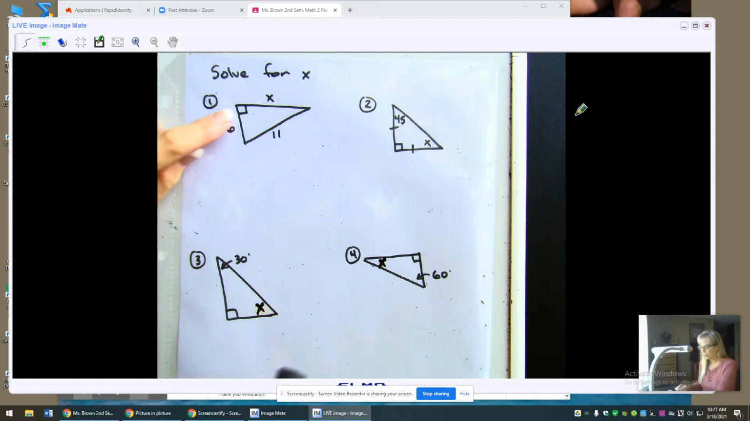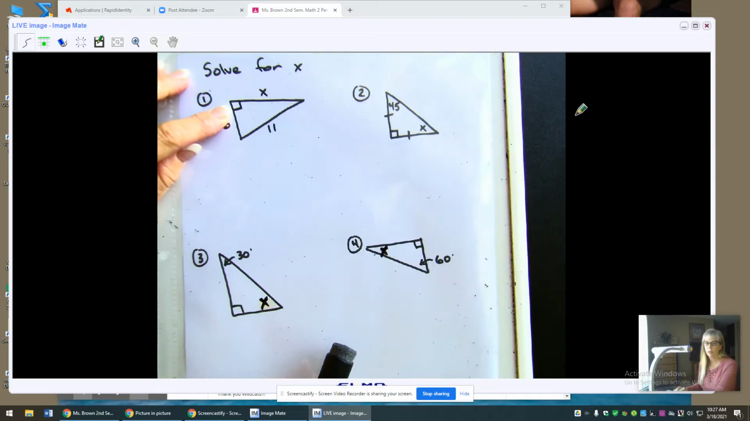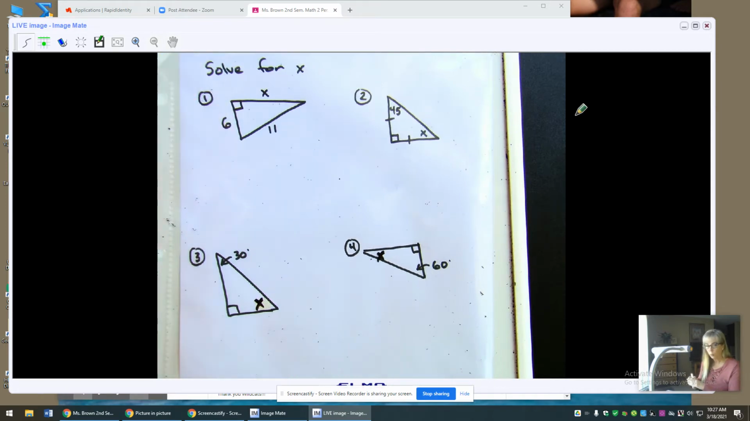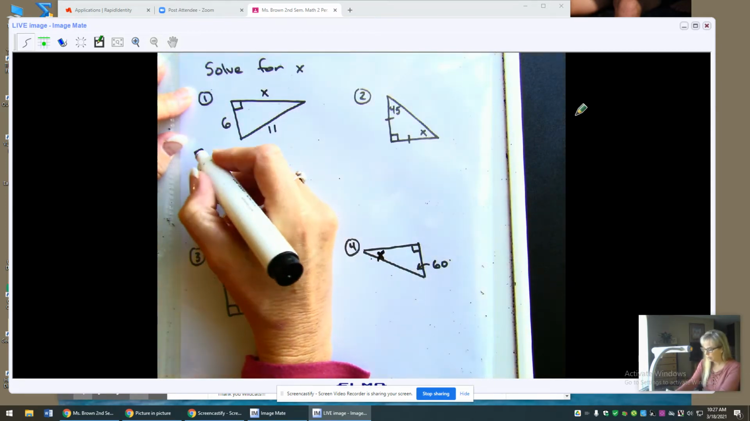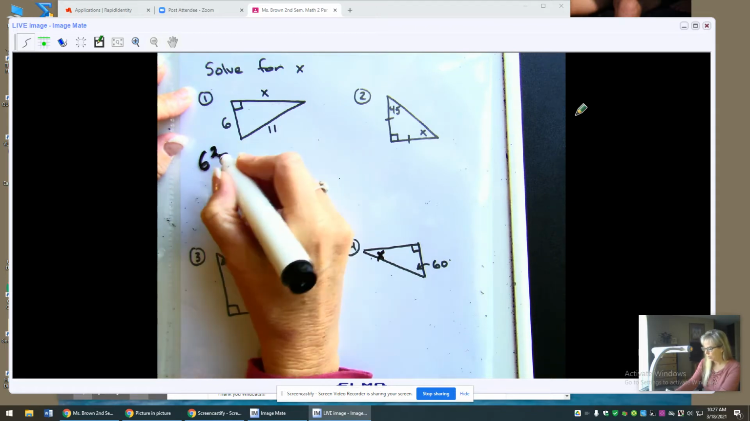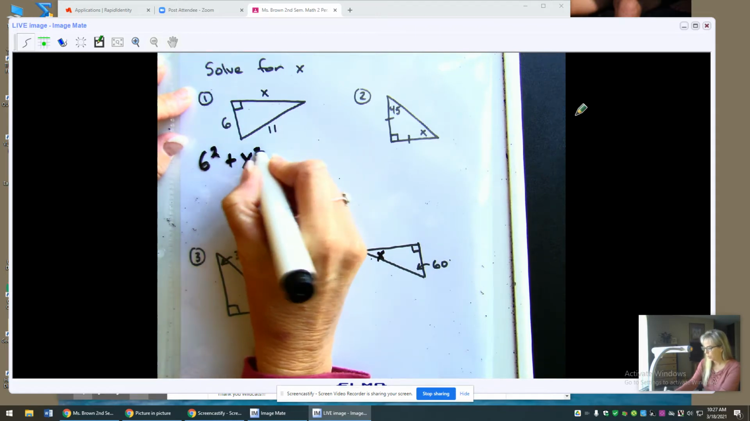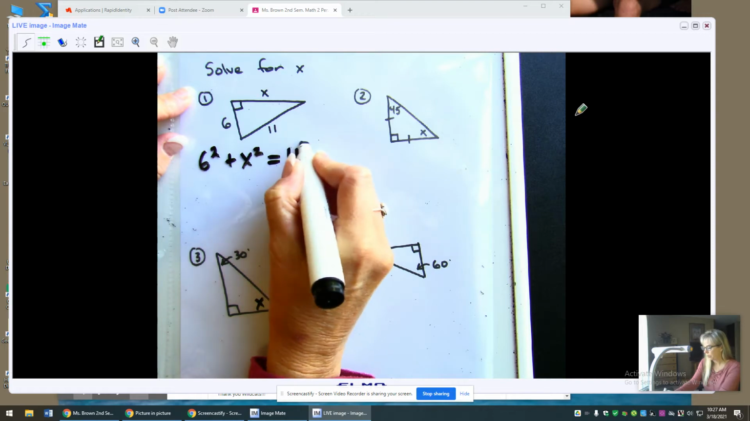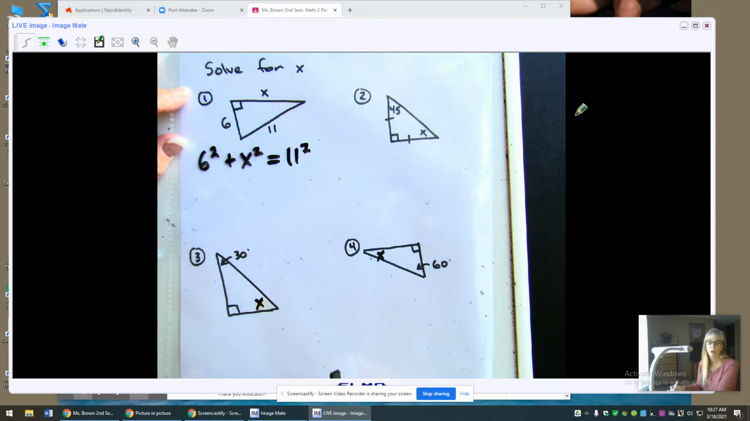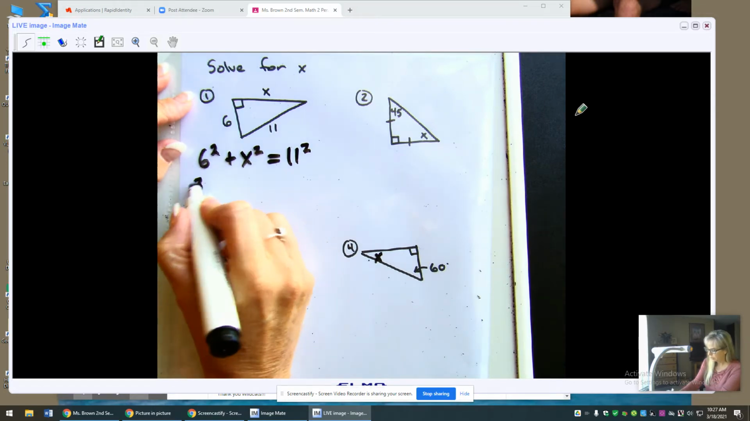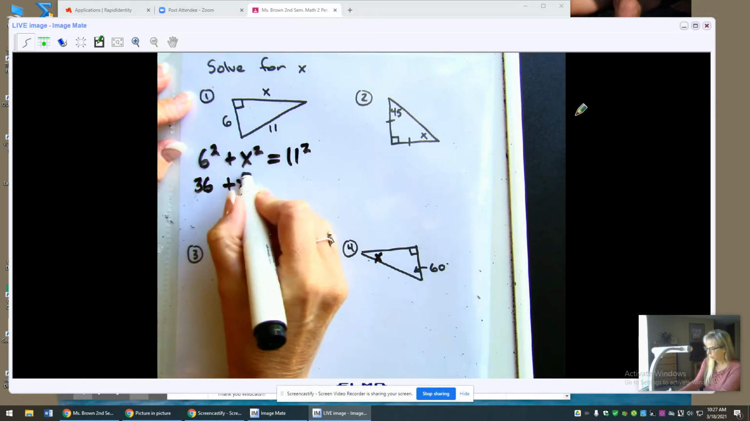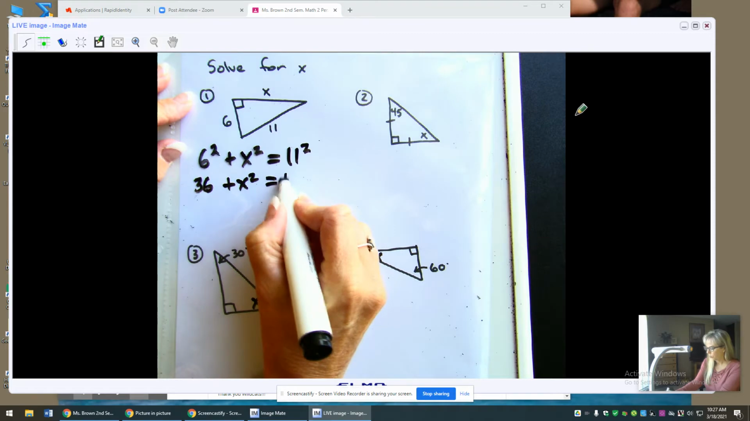If they're right triangles and we're looking for a side, we could use Pythagorean theorem. Pythagorean theorem says the leg squared plus the leg squared is equal to the hypotenuse squared. A squared plus b squared equals c squared. And we'll solve these. 36 plus x squared equals 121,